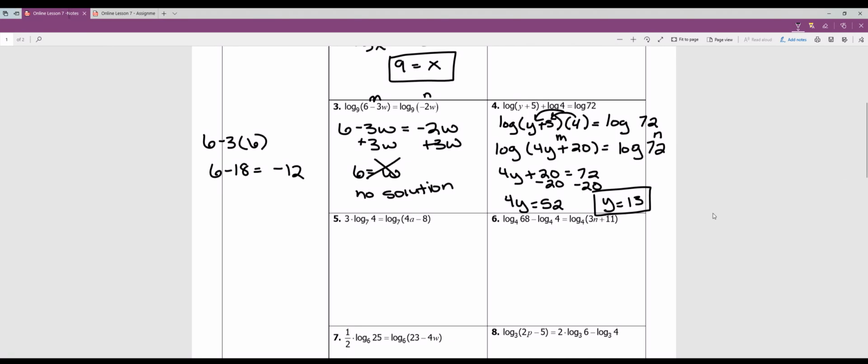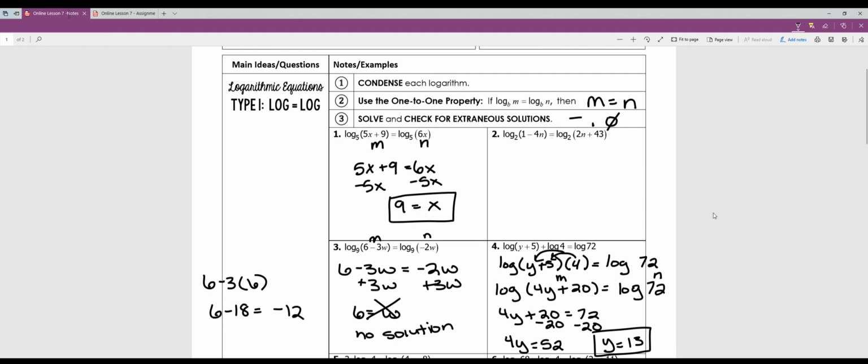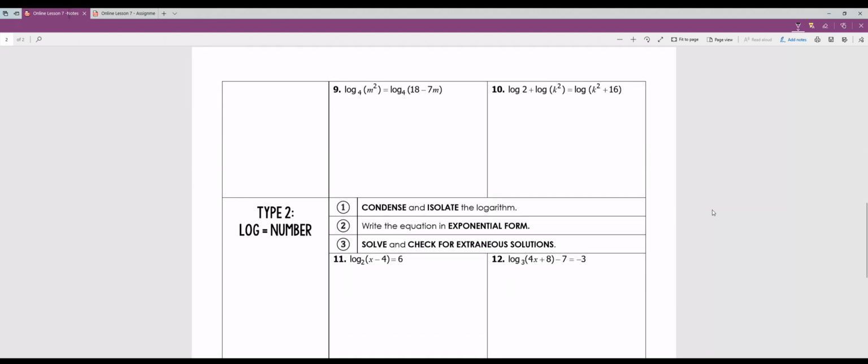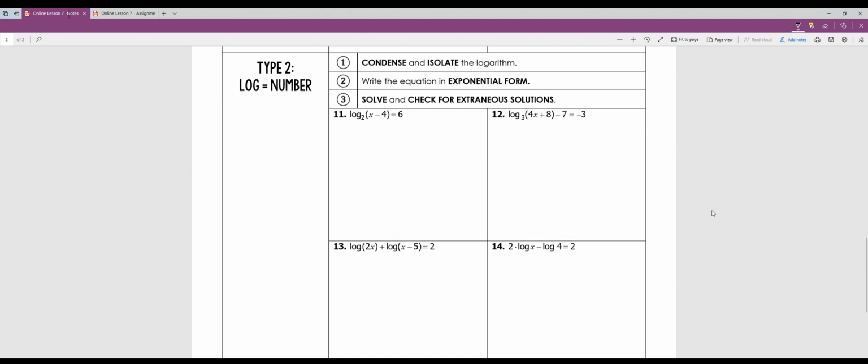Okay, so that's our first type of logarithmic equation we're solving, when we have a log is equal to a log. The other kind of logarithmic equations we're going to be solving are when we have log is equal to a number, and we have a different set of steps that we follow for that one. The first one is, again, to condense and then isolate the logarithms. So we want all logarithms on one side, all constants on the other side. Then we're going to write the equation in exponential form,